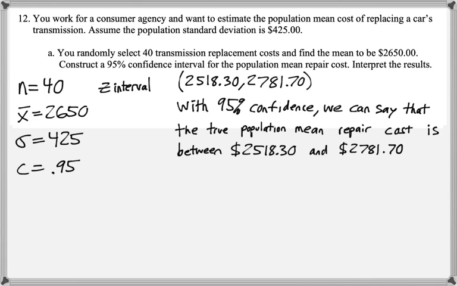And this means, with 95% confidence, we can say that the true population mean repair cost is between $2,518.30 and